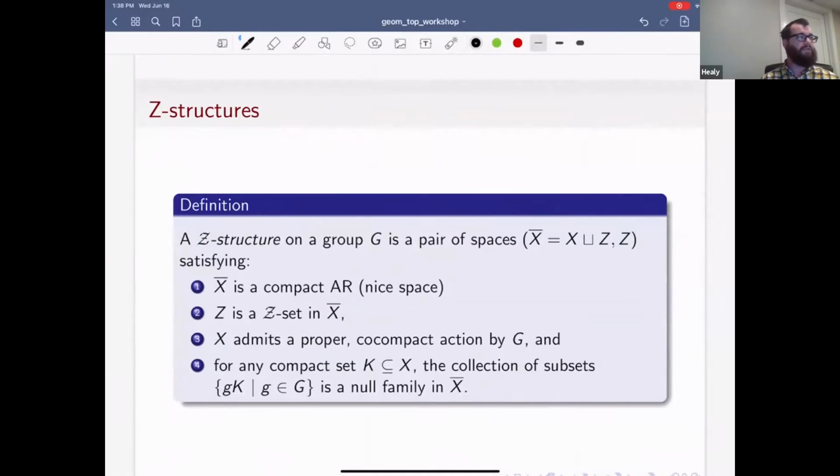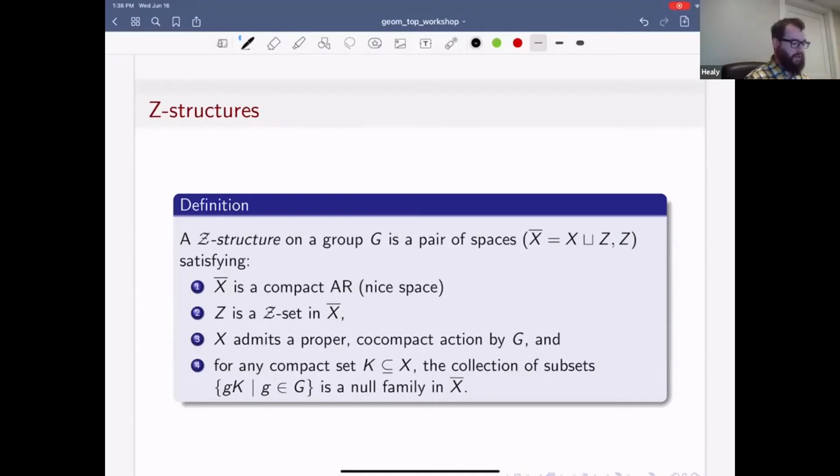Okay, so this brings us to the notion of a Z structure on a group. This was Bestvina's attempt at generalizing the idea of Gromov boundaries for hyperbolic spaces back in the 90s. He wanted to pull out as much as he could of that structure to use to analyze the group while not requiring this stringent metric condition. So you'll see there's no metric condition anywhere in the definition. It's purely topological. We'll be able to do everything we want essentially with metrics, but for now,